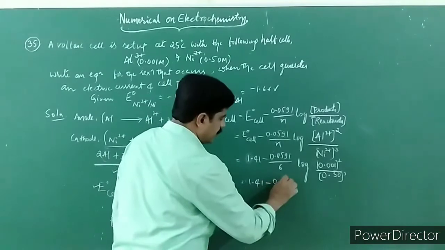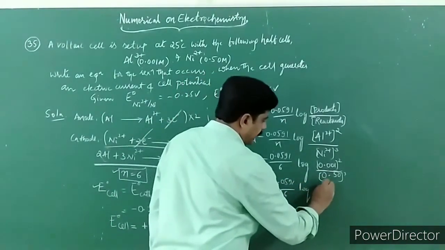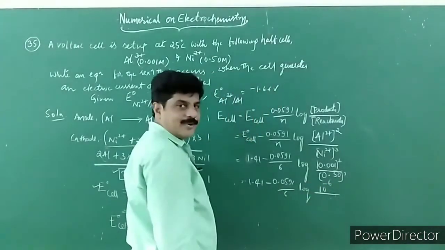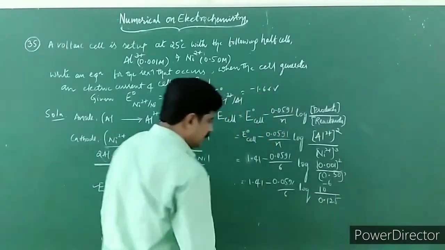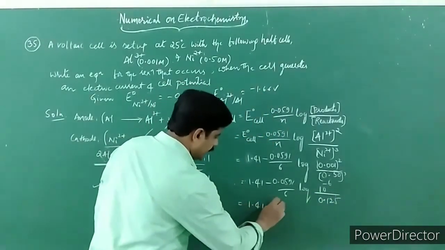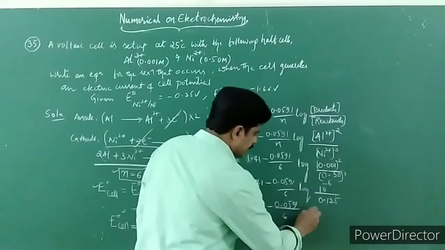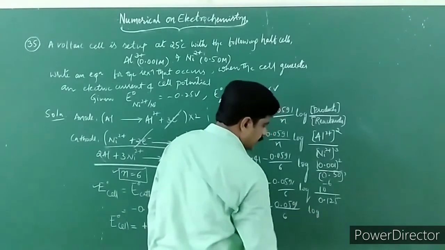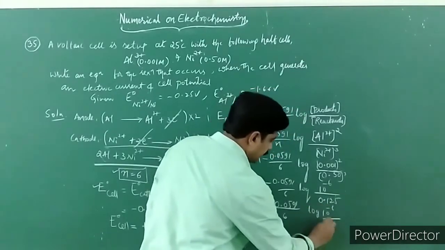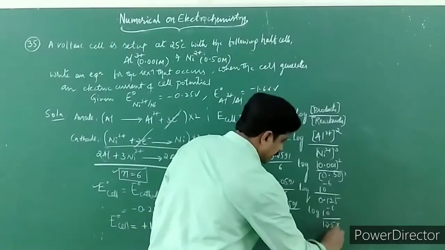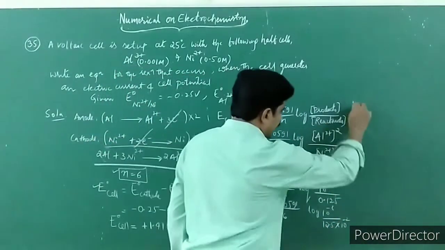Now look at here. 1.41 minus 0.0591 upon 6 log of. This I'll write as 10 to the power minus 6. Hope you got it. Now if you simplify, you're going to get 0.125. So how do I write? 1.41 minus 0.0591 upon 6. Look at here children, log 10 to the power minus 6 upon, how do I write that? 12.5 into 10 to the power minus 2. I change the decimal place. Look at here, in that case